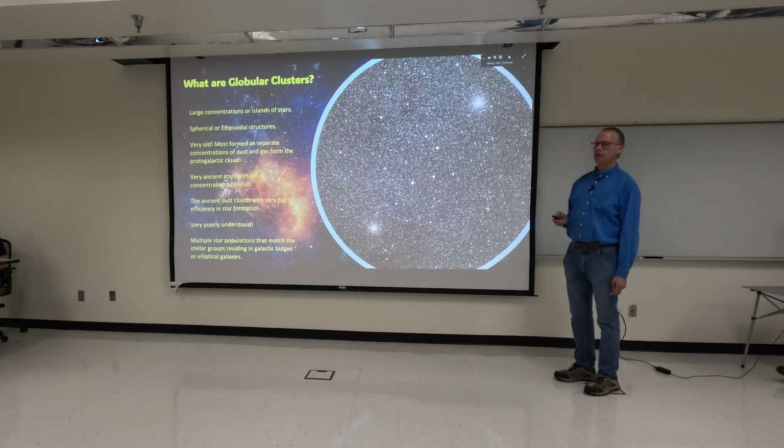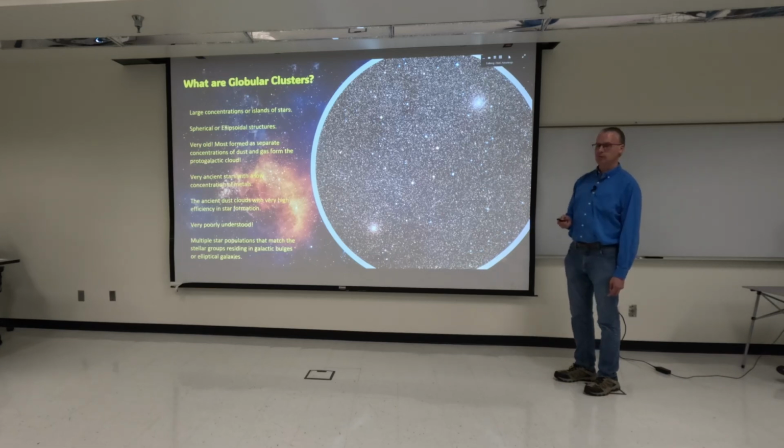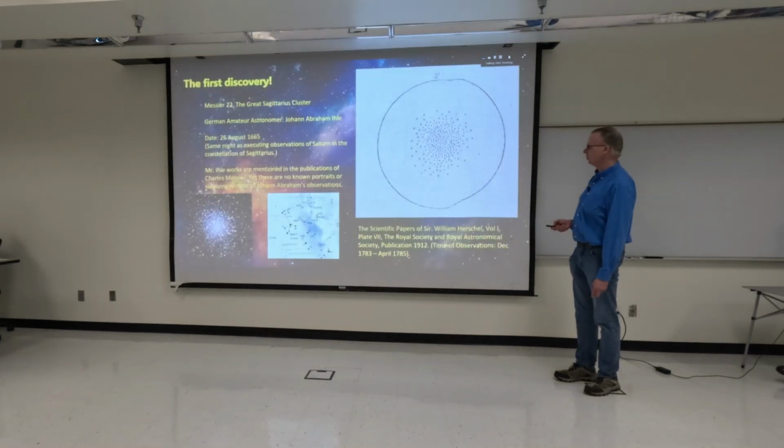They're poorly understood. There's a lot about globular clusters we don't understand. They could be pinnacles for learning more about galactic evolution. And this is looking deep into one of the, well, there's another globular cluster. Here's another globular cluster. I think this is part of Baade's Window through Sagittarius, that gap in the spiral arms. There are multiple populations that exist within these globular clusters, and the groupings of stars match those of the galactic bulges of spiral arms in terms of age and chemistry, as well as that of elliptical galaxies.